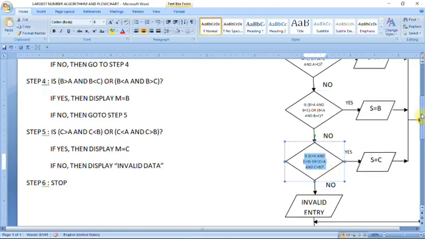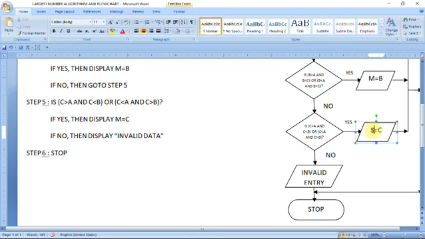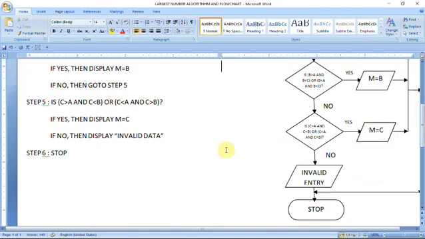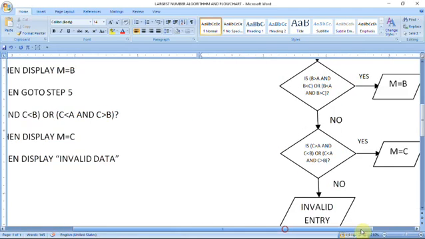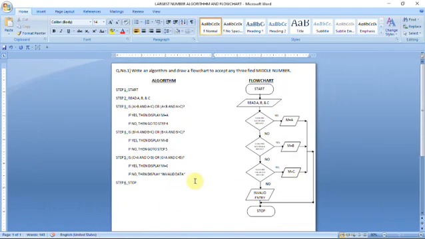And last number you have to check because you are going to find the middle number. So for the last number here, instead of S you have to give another variable name. M means middle. You can give the full name also. You can give another variable name as per your requirement. And for the last number, everything else is correct. So this is one complete flow chart for this problem. This is one complete algorithm, and this is one complete flow chart for this problem.